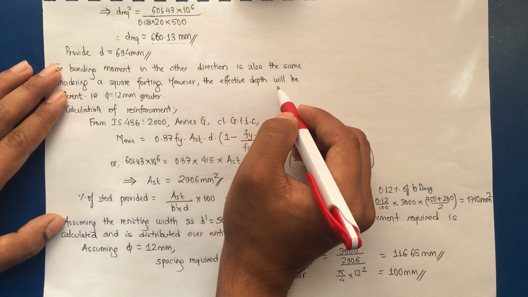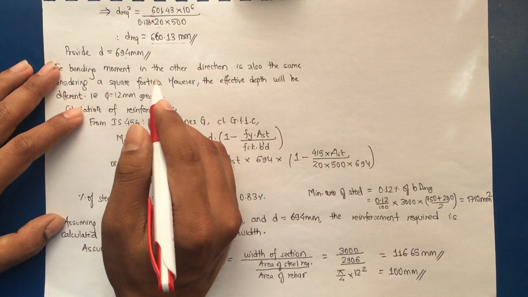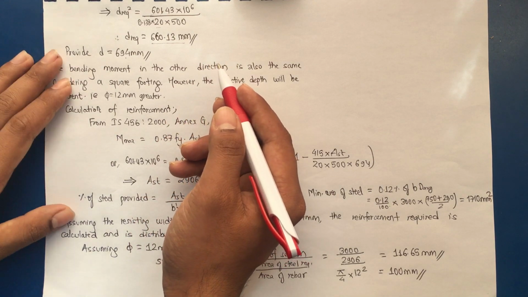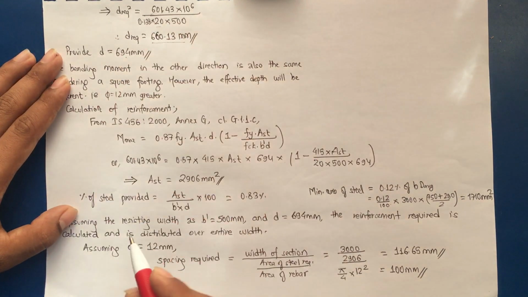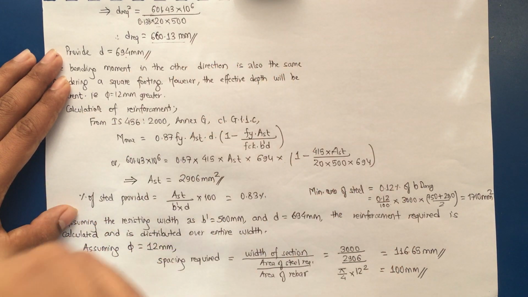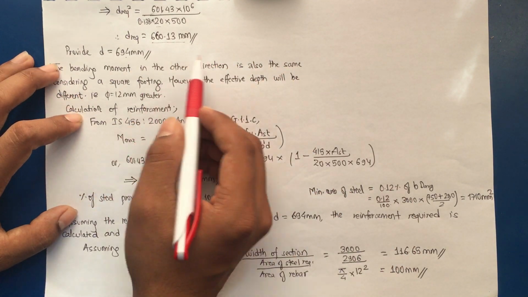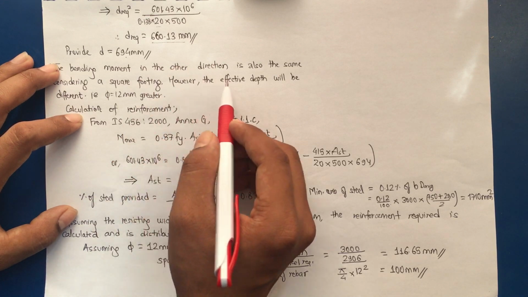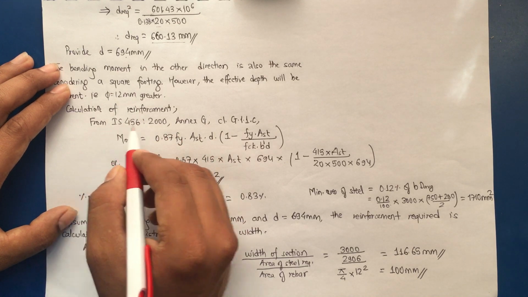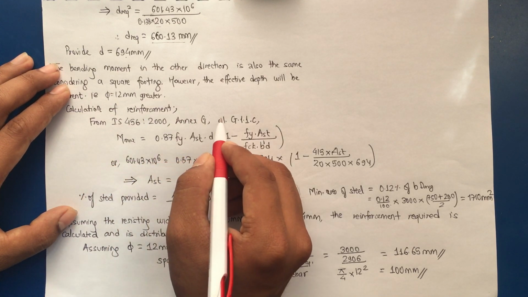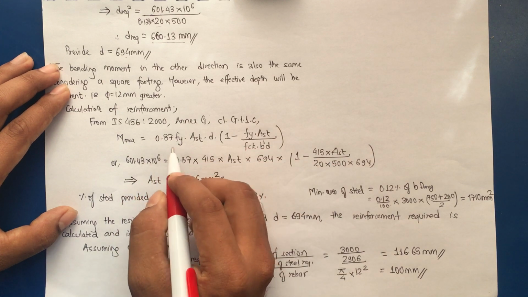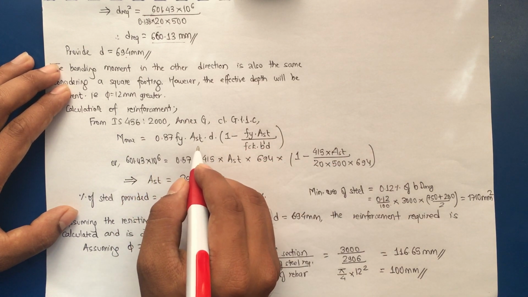So the effective depth will be different, that is 12 mm greater, considering that I am providing 12 mm bar in both directions. Hence the area of steel computed with the greater depth will be less, so we will compute the area of steel considering the smaller depth. So for calculation of reinforcement from IS 456:2000 Annex G clause G 1.1.c, we have Mmax is equal to 0.87 FY AST